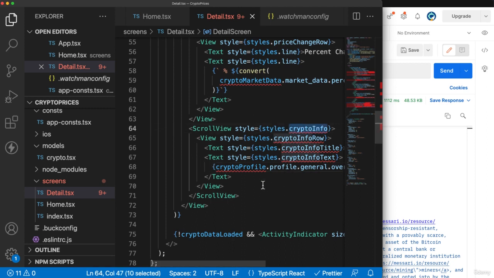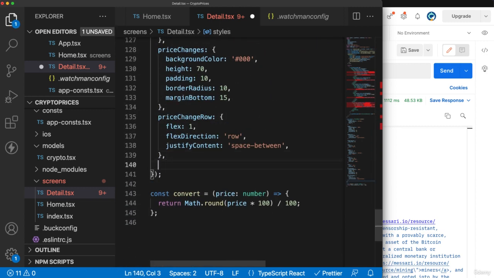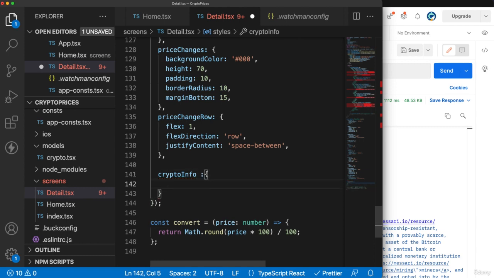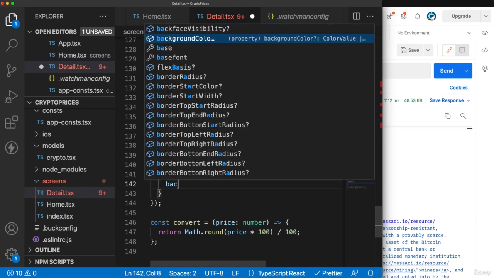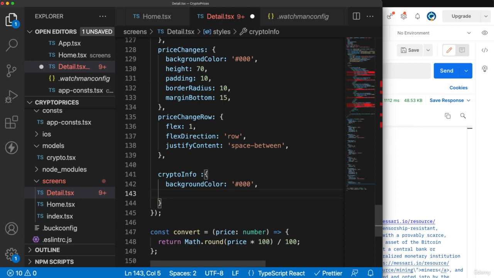We need to put all of those classes. So first of all, we need to put the crypto info class, crypto info row, crypto info title, and the text. So we are going down here at the end of our classes and we will put crypto info. First one is going to be as well with a background color. It will be 000, so like this, and we will have like padding 10,